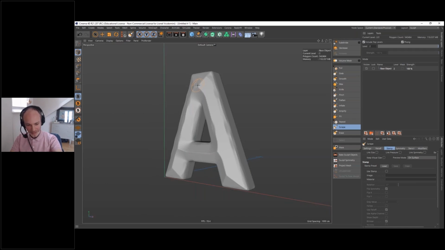Fantastic, thank you. And Darren also came in with a nice comment saying that Redshift is GPU based, but all the Cinema 4D native renderers are CPU, but you are using GPU in the 3D viewport, as you just mentioned. Yes, this is GPU, yeah. Fantastic. Okay, sorry to interrupt, please carry on. Don't worry, no problem.